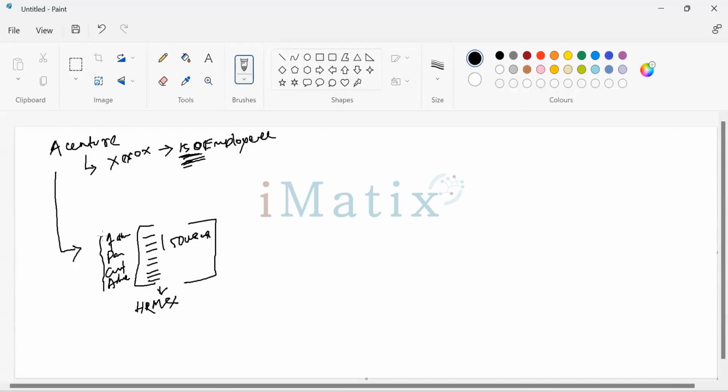Everybody got a notification that on this day, or let's say after 10 days, you will be joining the company. You got the offer letter. They generated the offer letter and stored all the data. On the first day of your company, when you onboard or join the company, Accenture